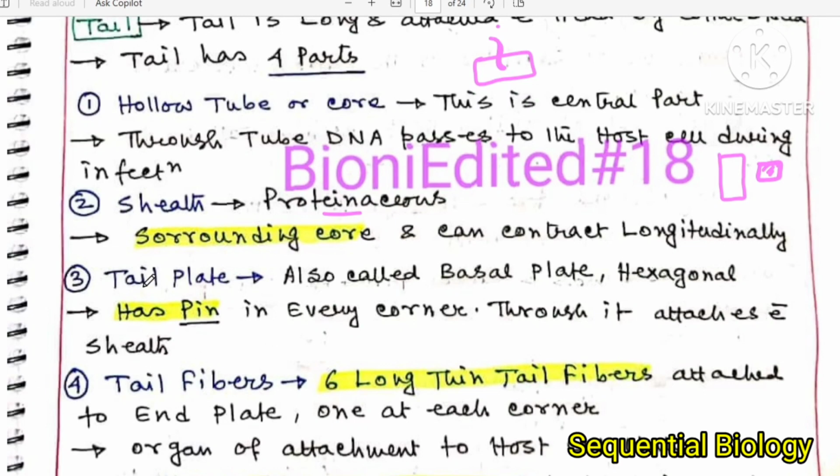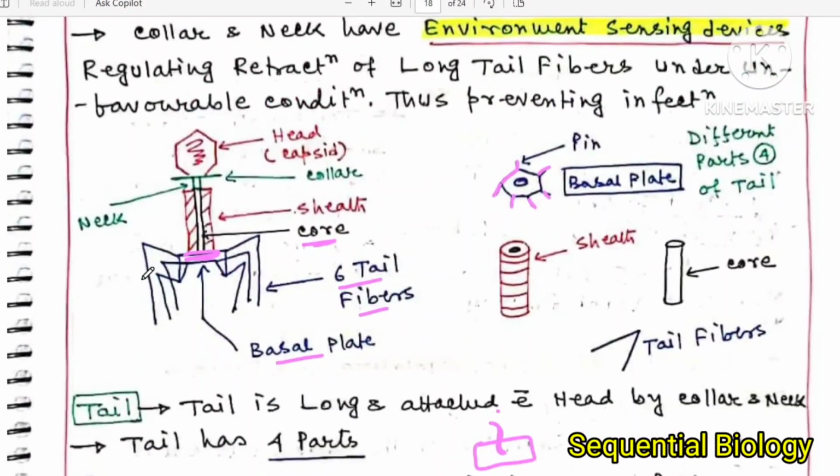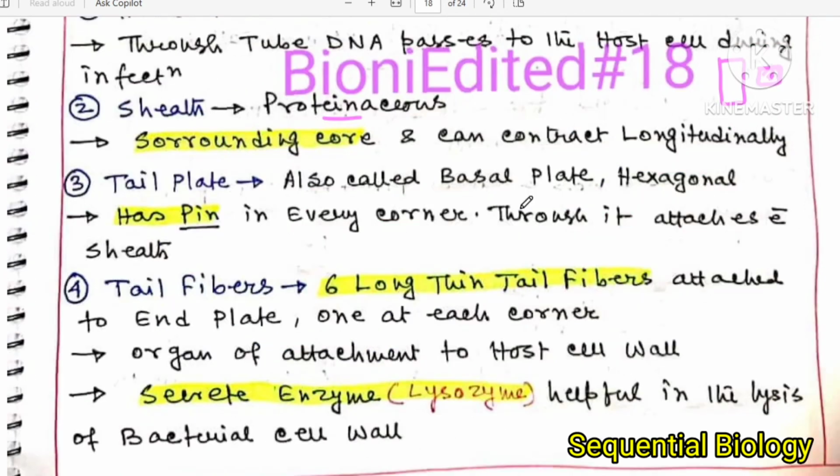And the 6 long thin tail fibers are attached to the end plate, one at each corner. In each corner the tail fiber remains attached. The tail fibers are the organ of attachment to the host cell wall. With the help of this tail fiber they attach to the host cell wall, and this secretes an enzyme